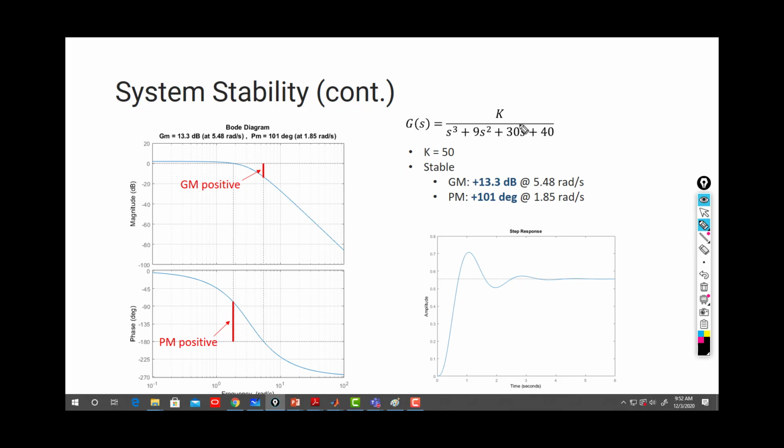Okay, I'm taking the system with k equal 50, and I'm giving you the Bode plot for it. So what you need to do is go from 0 decibel and find the phase margin. How do you determine the phase margin? By taking it from 0 decibel, and this is the phase margin,